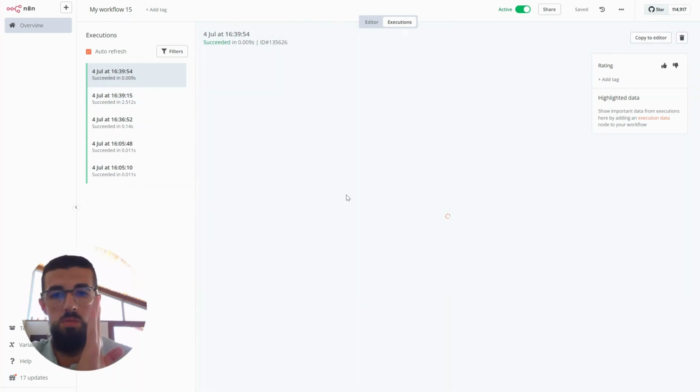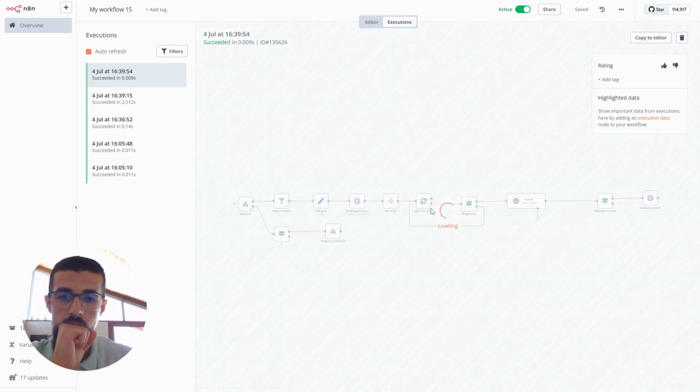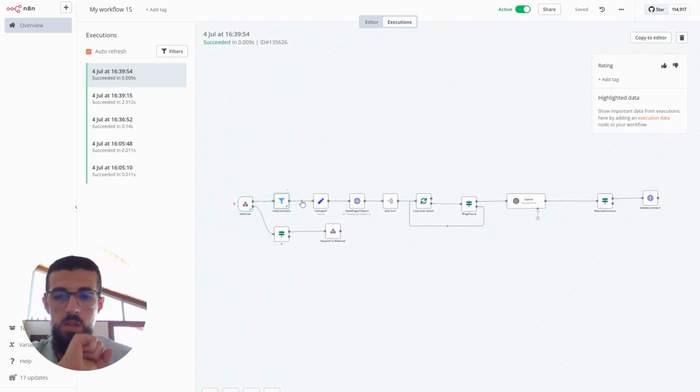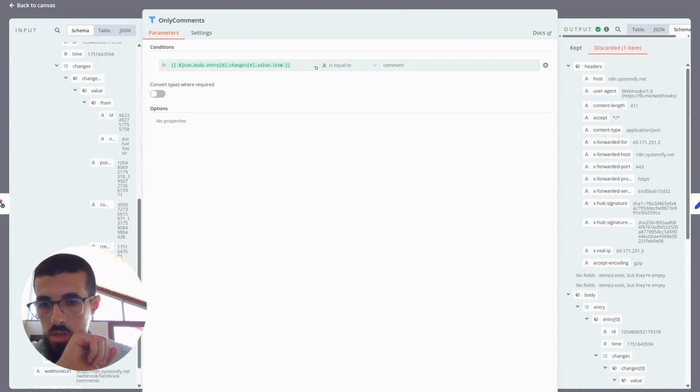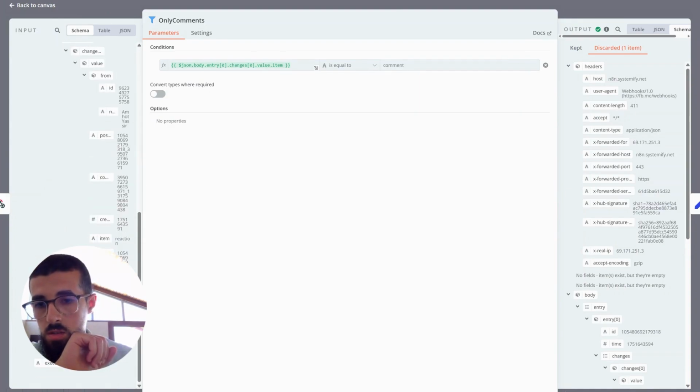So the filter will stop it because it's not a comment. It's a reaction. It's a like. Like you saw here, it's a like. So it's not a comment. Okay. So only comments